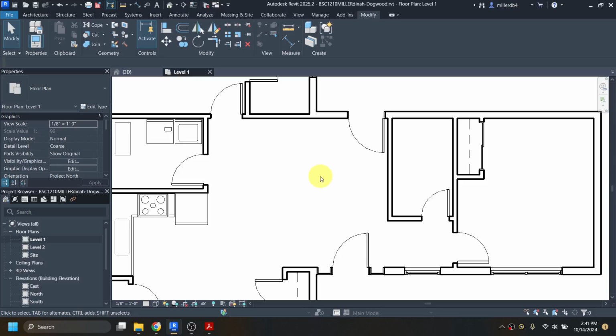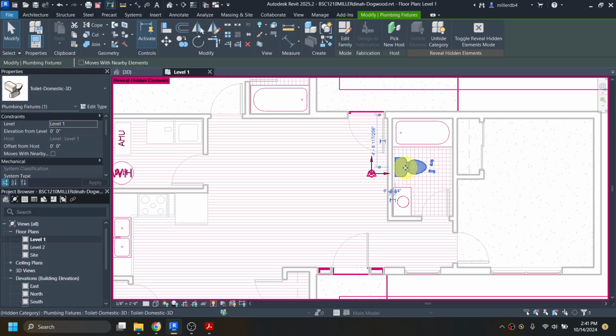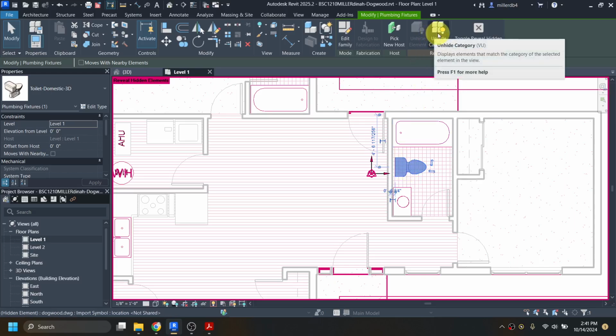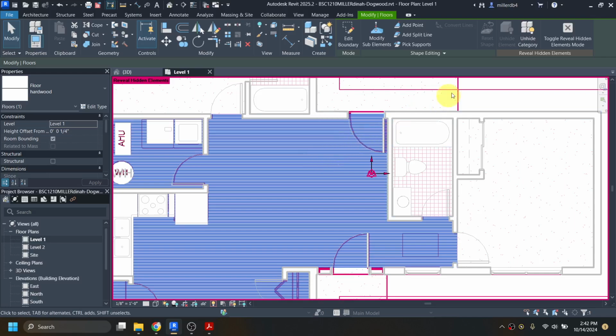If you ever want to get something back that you've hidden, you can click on this little light bulb and then it'll show all of your hidden things. So I can click on this toilet and I could say I would like to unhide toilets or plumbing stuff. And you'll also see that this is another way we can get our floors back. If we wanted our floors back, I could click on this floor and I could say unhide, and now I